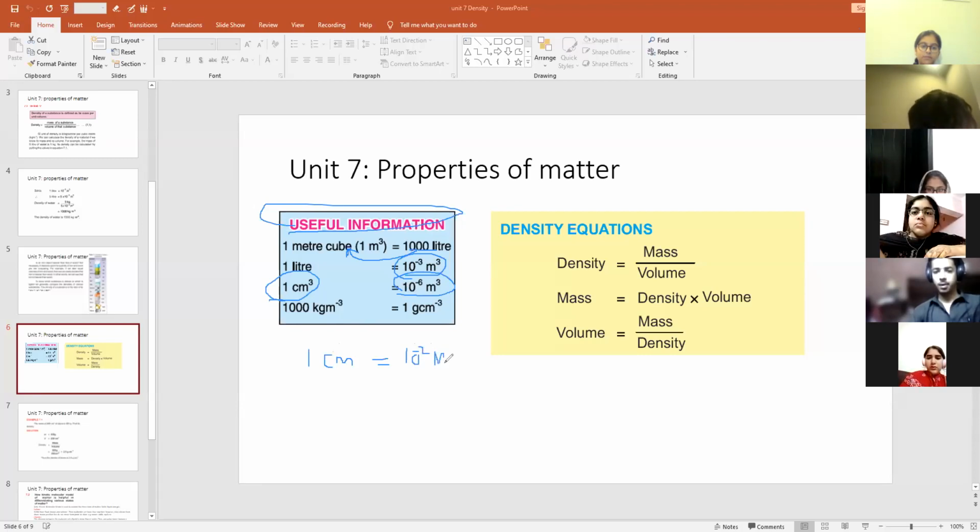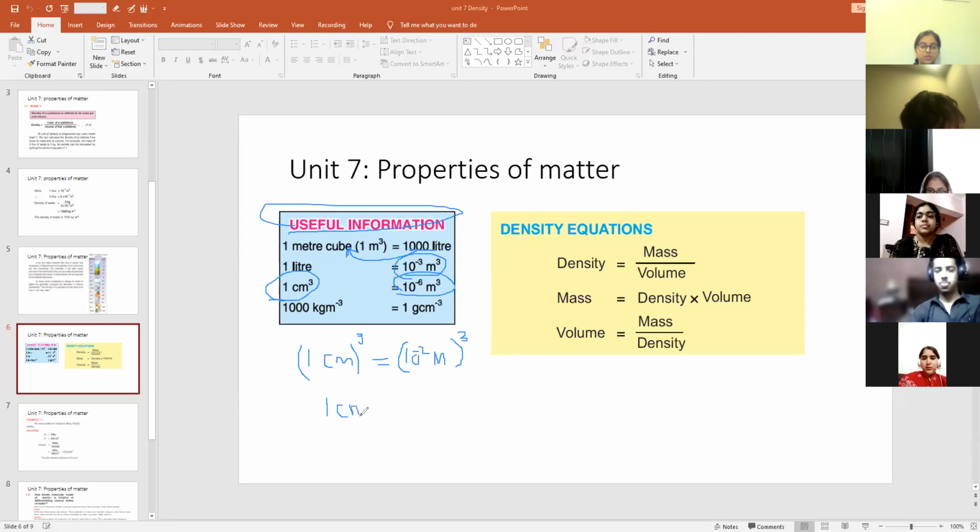So if you want to calculate the centimeter cube, take the cube on both sides, because we always need the volume in cube. We know that 1 centimeter is equal to 10 raised to power minus 2 meter. If we just take the cube on both sides, it will be like this: